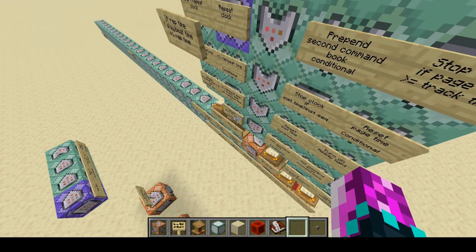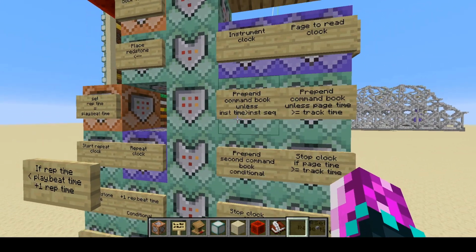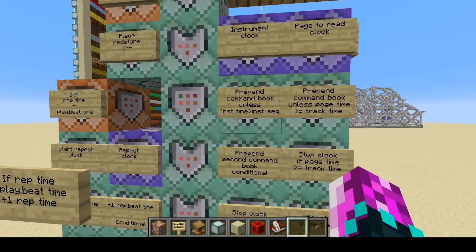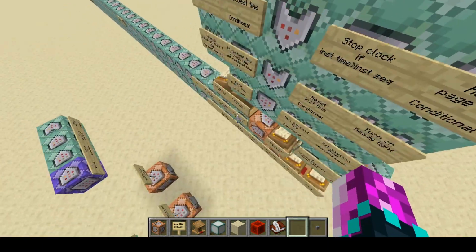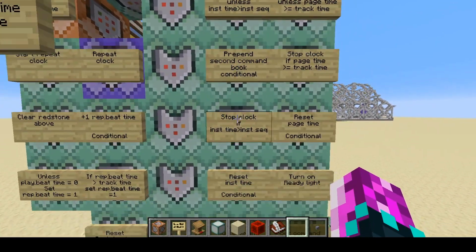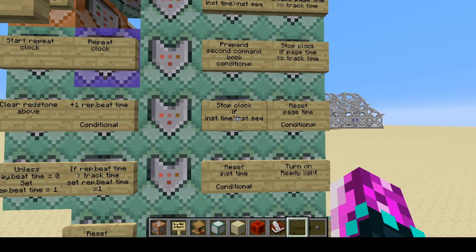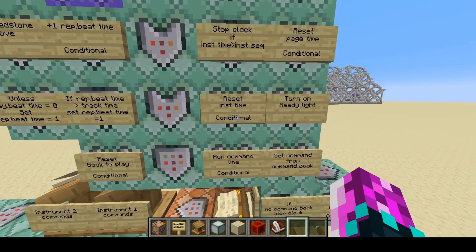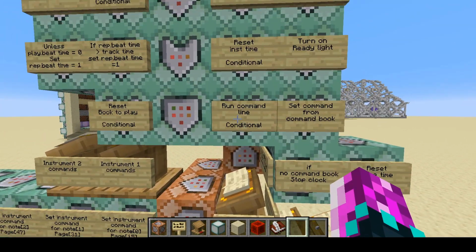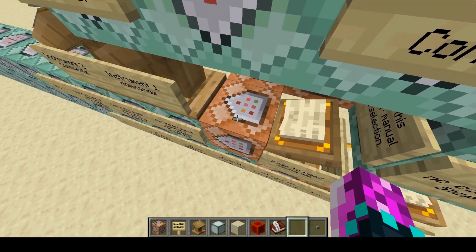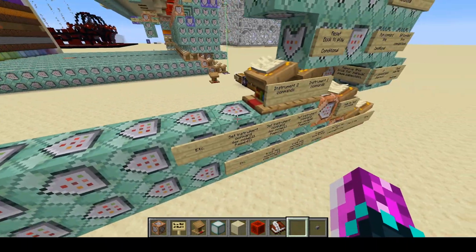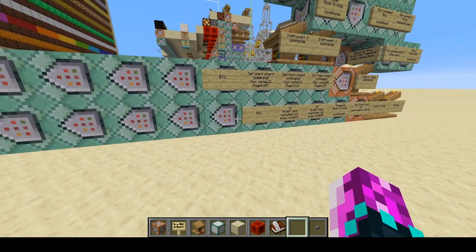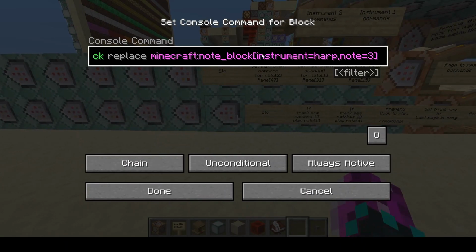And then for the instrument clock, same as the other clock, it just adds 1 to the scoreboard for instrument time. It prepends the command book down there unless the instrument time is greater than the instrument sequence that was chosen up there. And then conditional off of that, it prepends the second command book as well. And then it will stop the clock if that is met. Very similar to that one, and resets the instrument time. And it will place a redstone block here to run this line